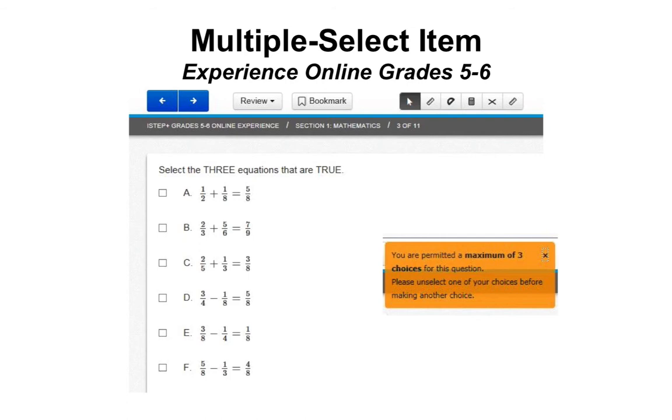The item on this slide shows a grade 5 multiple select item. In this type of item, there is often more than one correct response in the answer list. In this example, precisely 3 of the 6 answer choices are correct, A, D, and E. One thing to